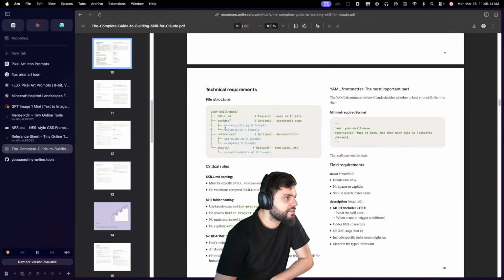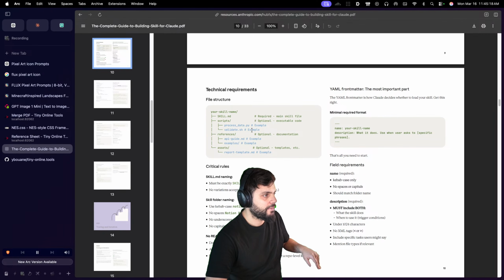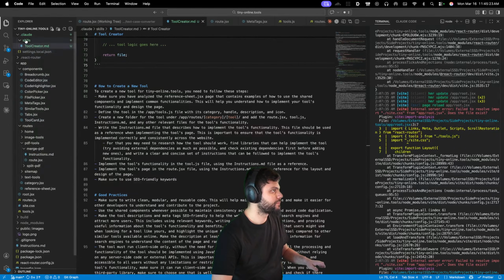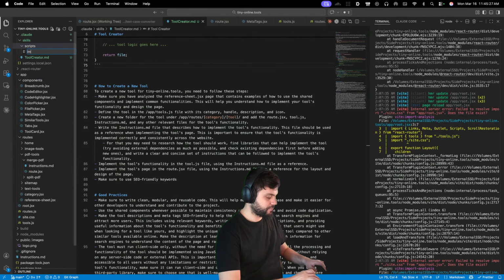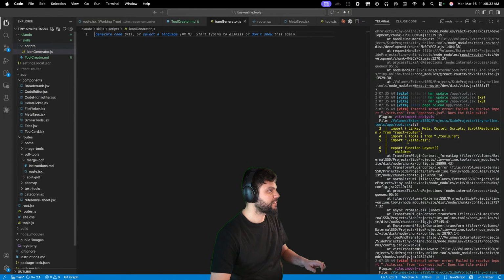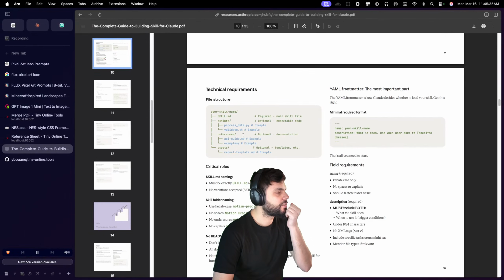Yeah, scripts. Image generator or icon generator dot js, and